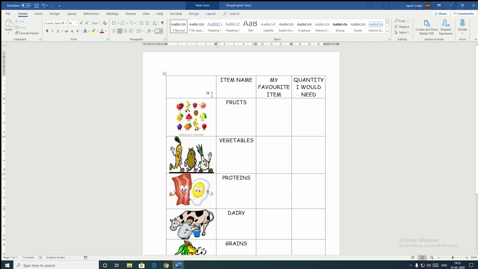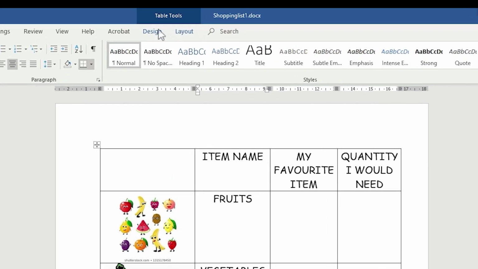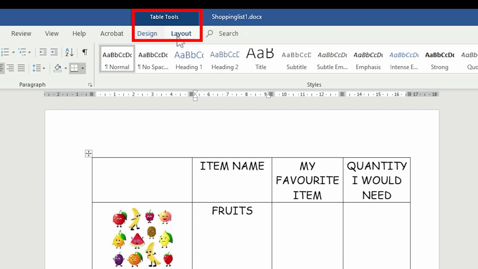So for that we have a feature in Word which is known as merging cells. This is a part of the table only. Now in the tables you will see when the table is selected, whenever this placeholder is visible, this means that our table is selected. These two, design and layout, these two are in a different color, means these are a part of design table tool.